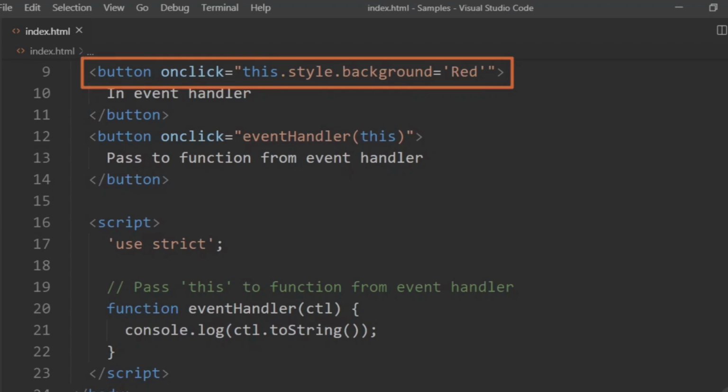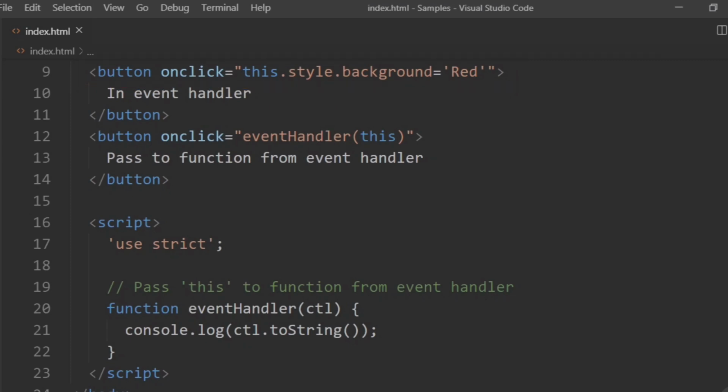On line 9, I have a button, and I have an on-click event declared inside of there, and I wrote some JavaScript code right inline. And I use this inside of that JavaScript to do this.style.background equals red. This will turn the background of this button red. And why does it do that? Because this, in the context of this event, refers to the HTML element that it's attached to, in this case,